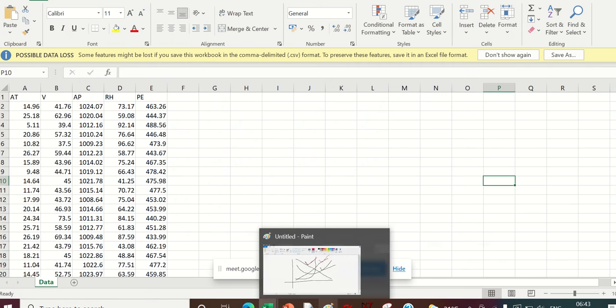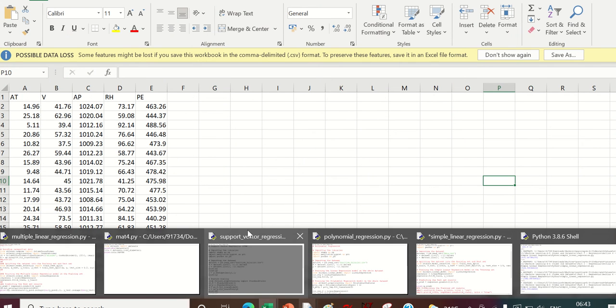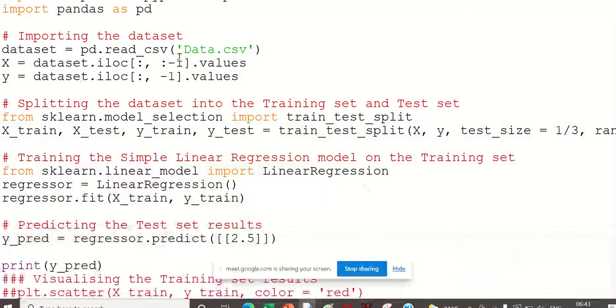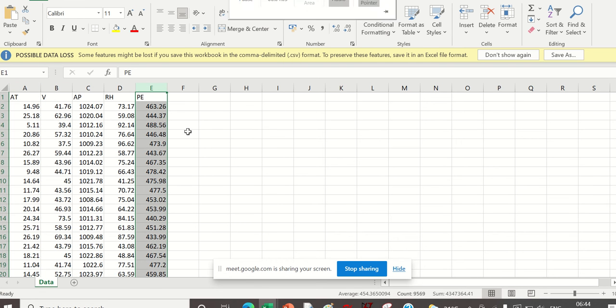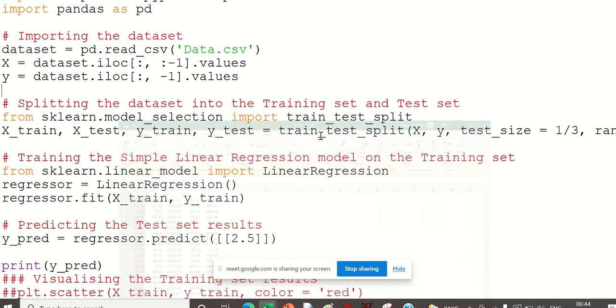So now first let us start this. First we will take this data set. So our Python has to understand what is what. So what is this? First of all, you should understand what this does. If I want to take this particular column A, this should be Y, this should be X.